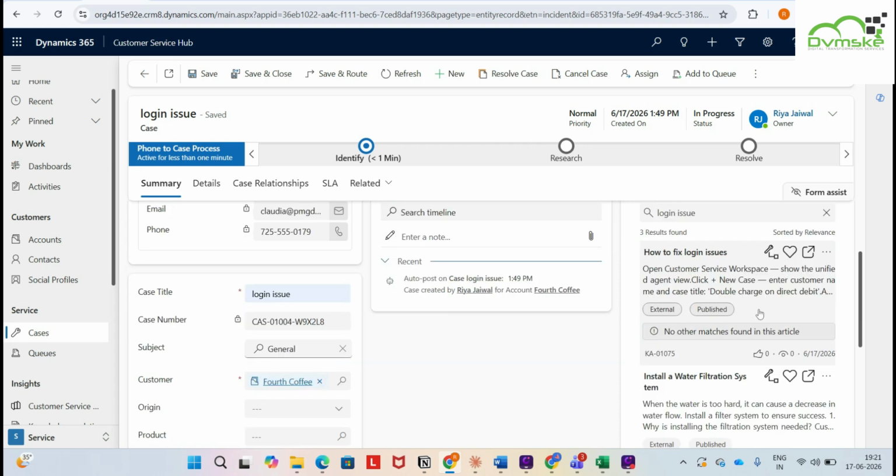As you can see, the article is tagged as external and published, which means it's a live article that customers or agents can refer to. If the article helped resolve the case, you can link it to the case record for future reference by clicking on this icon. This makes it easier for agents to identify which knowledge articles were used in previous resolutions. You can also add the article to your favorites, open it in a separate window, or quickly share the article